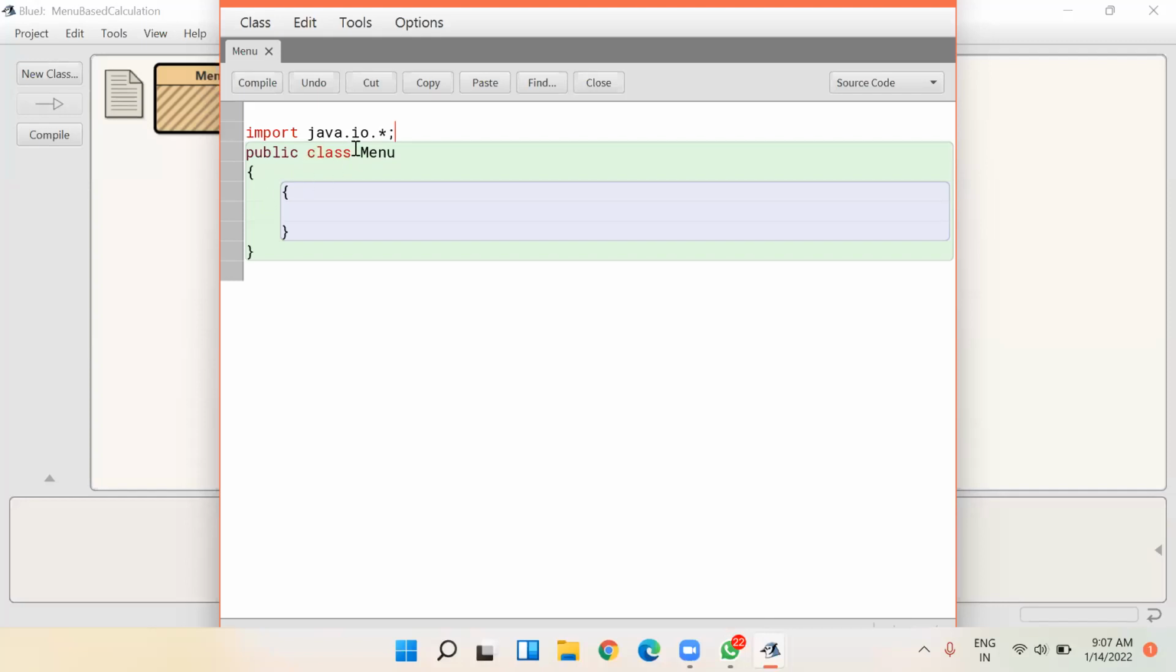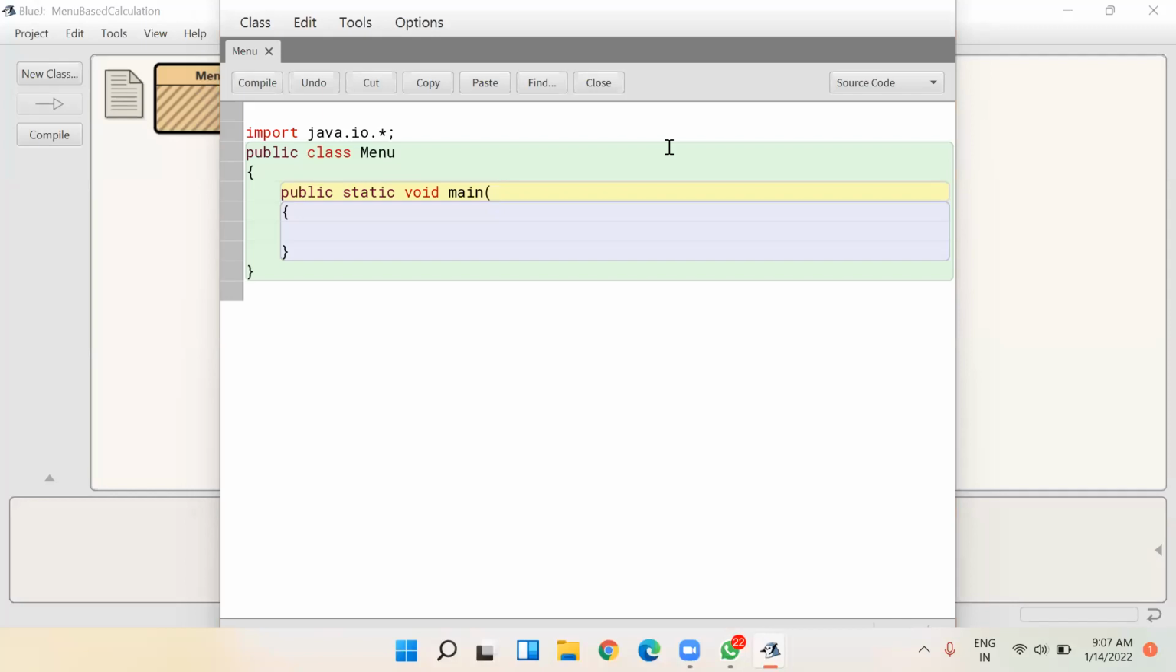Now the name of the class is menu. So this class is a user defined class. Inside this class, we have to define one main method. So to do this, we have to type public static void main. And inside this main,